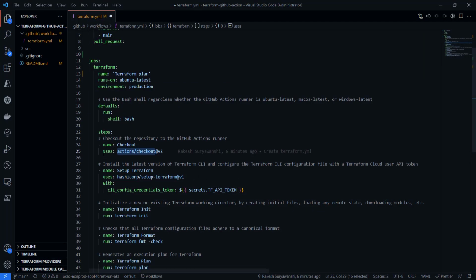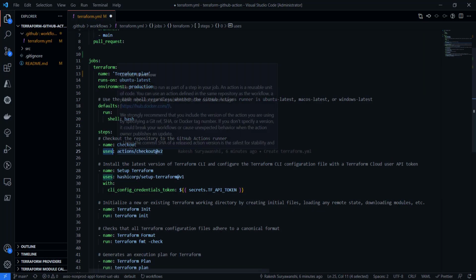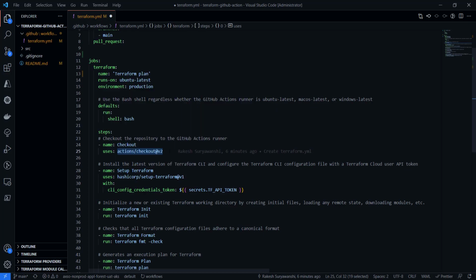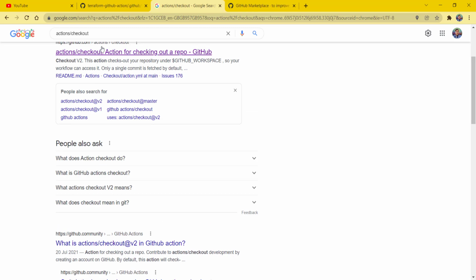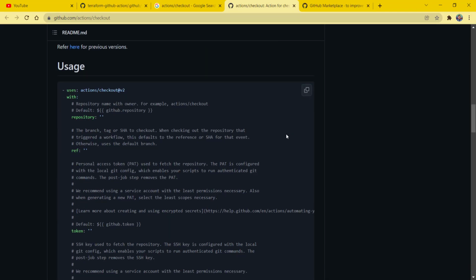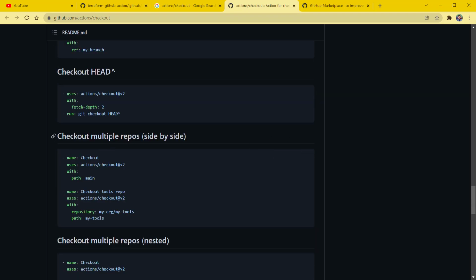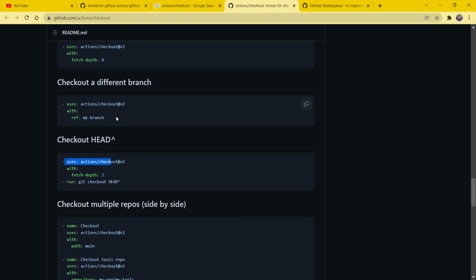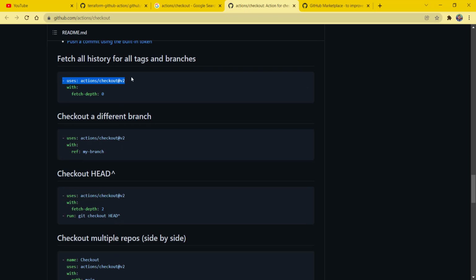Now, as I said, you can use the uses keyword with the actions, and on top of that, you can provide parameters as well. One way to use a GitHub action is simply as we are doing right now.